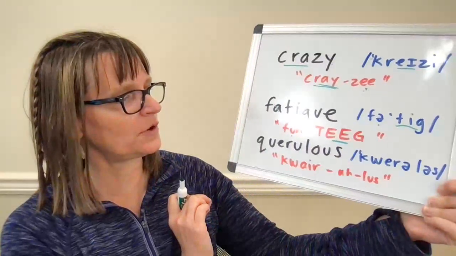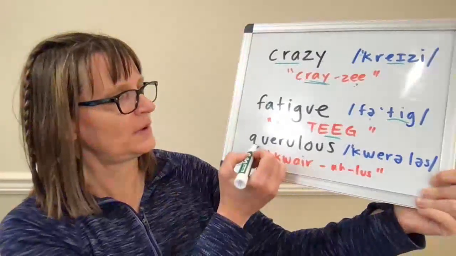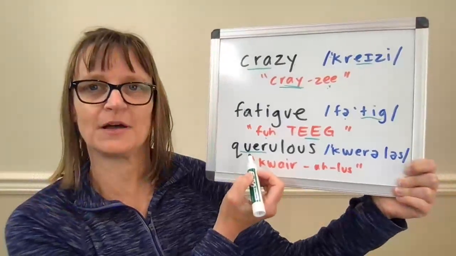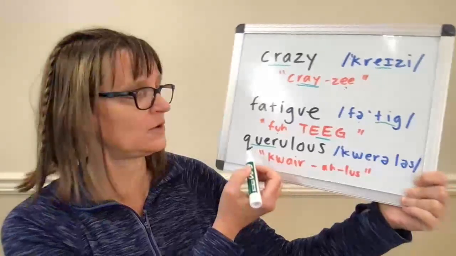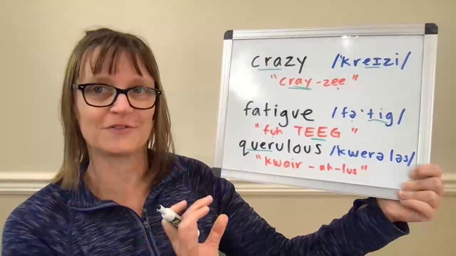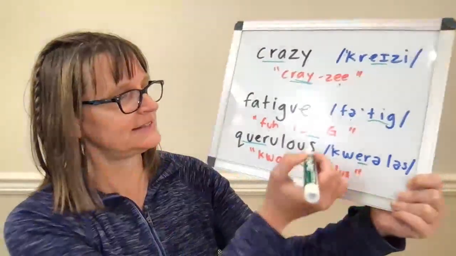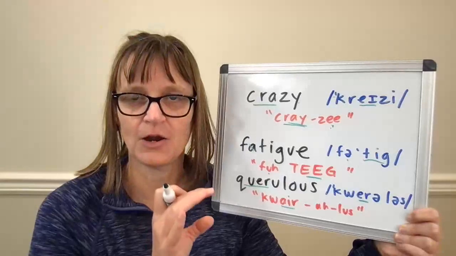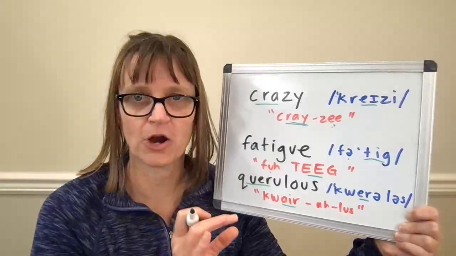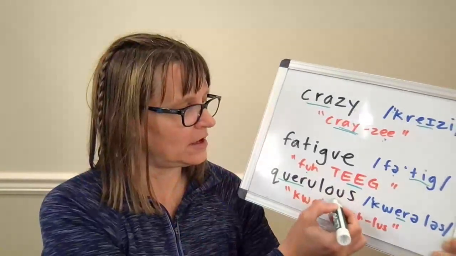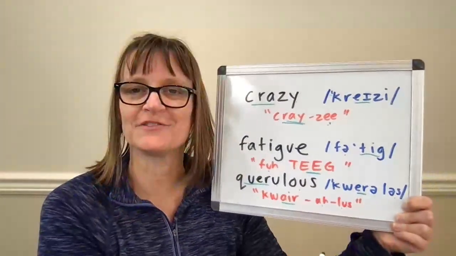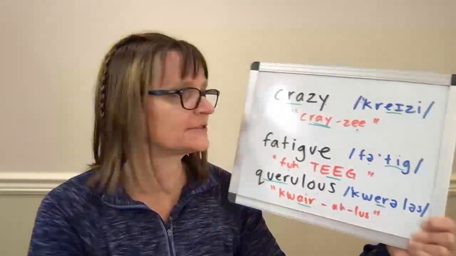Then our next word request was querulous. We have first syllable stress, and even though this looks like the same spelling as query or question, you can hear those vowels are all different. In querulous, it's the air diphthong. So I would build from that, starting with air, where, quare. Then our last two syllables both have schwa vowels, so just light and short reduced vowels on those. Querulous, querulous. Good.